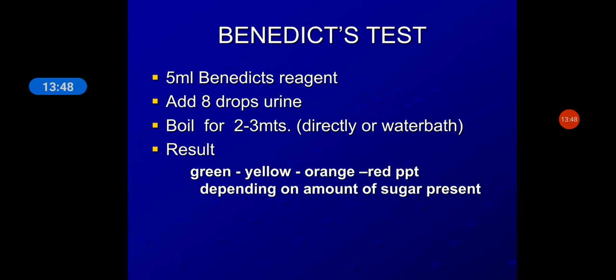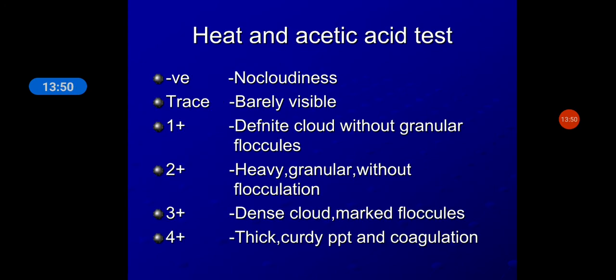I haven't included that. What you do there is take around 5 ml of urine in a test tube, and then you add a few drops of sulfosalicylic acid reagent. This is an instant test, and you can find out the proteinuria if it is present. You will get a white precipitate or white coagulum. Here the advantage is you don't have to heat, whereas in the heat and acetic acid test, as the name implies, you have to heat it. Here you just add the reagent and keep it there. That's it.